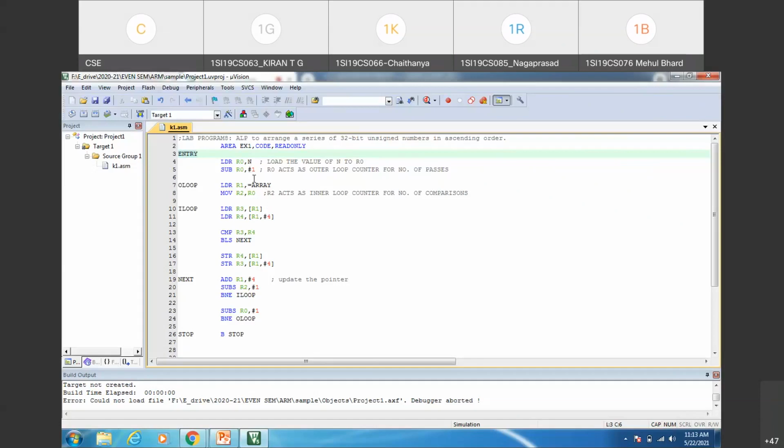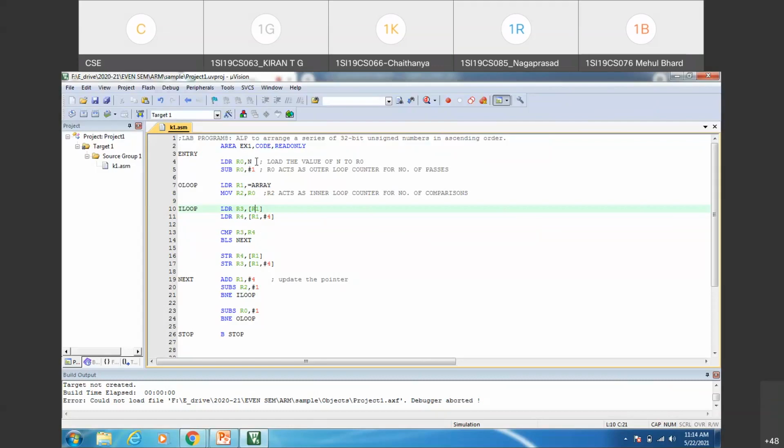This is the point which I told earlier, right? Direct addressing mode, as you are seeing in the first statement in your program, LDR R0, n, can be used only if the variable is in the code segment. If you are taking the variable in the data segment, you have to go for register indirect addressing mode. As you are seeing in this program, how we have accessed the array elements, we have used indirect addressing mode. R1 is acting as a pointer. We have used square braces around the register.